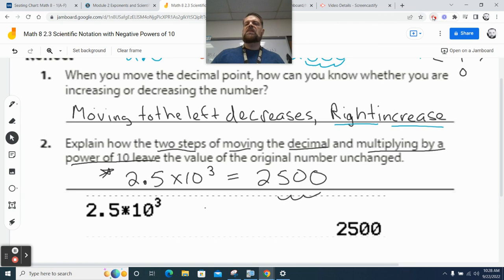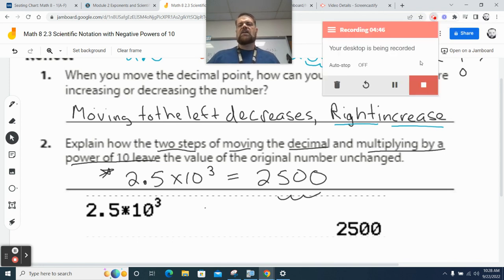And the textbook says, well, if you go in one direction, it increases. If you go in the other direction, it decreases, but it's the same value, is what they're trying to say. That question could have been worded